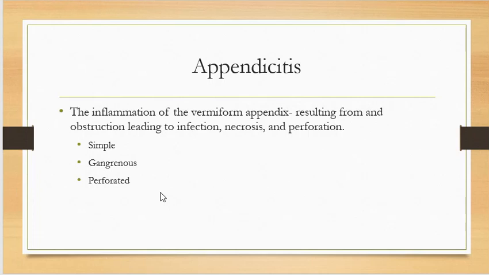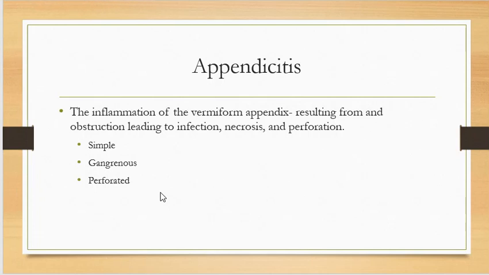This usually occurs in a young male population, and perforation is usually more common in the elderly population. If you think about that, why do you think that is? Why do you think that it's more prominent in the elderly population? My guess is that they don't seek medical help, and so they tolerate the pain, and then it ruptures. And then they present in the emergency department with a ruptured appendix and